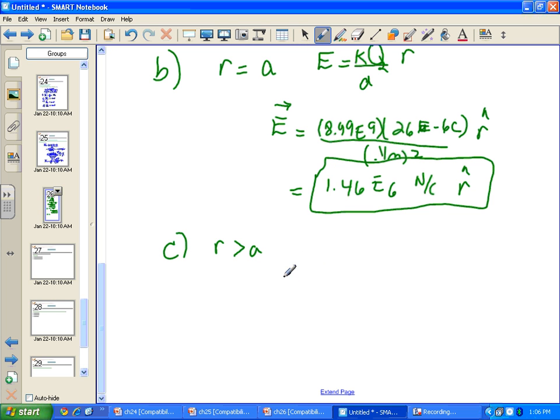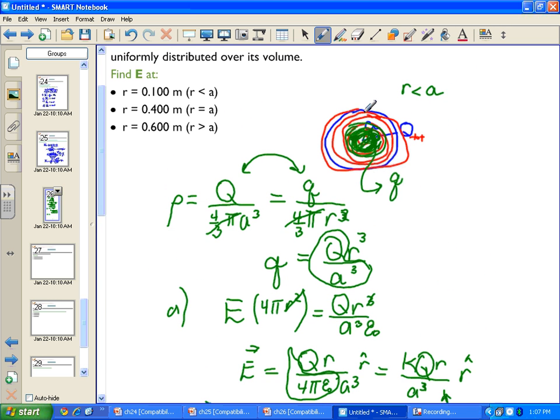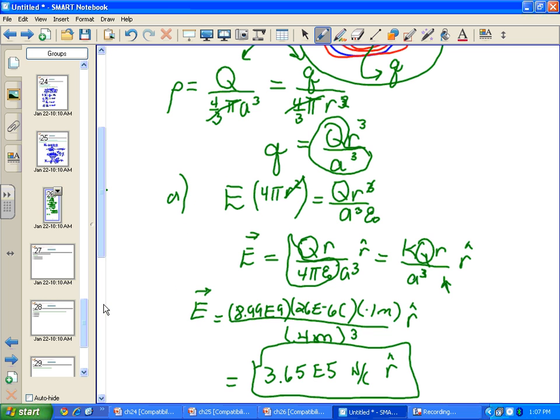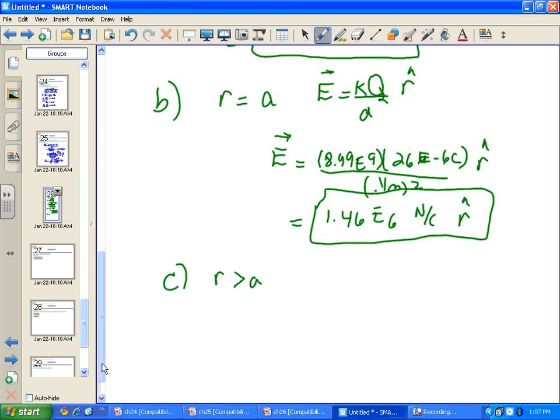Well, in this case here, we're going to have a Gaussian surface which is out here, and therefore all of the charge of the sphere is going to be contained inside our Gaussian surface, and therefore